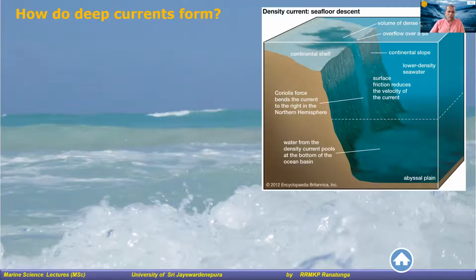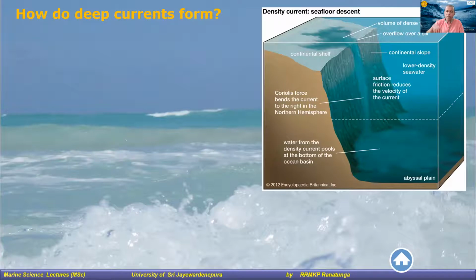So how can the density differences occur? That's mainly from temperature differences. If the water is colder, it will be denser. The other one is salinity. The higher the salinity, the denser the water will be. So now you know the two causes of density changes. Lower the temperature, higher the density. Higher the salinity, higher the density. Now any changes in the temperature or salinity will result in deep water movement or the deep water current.